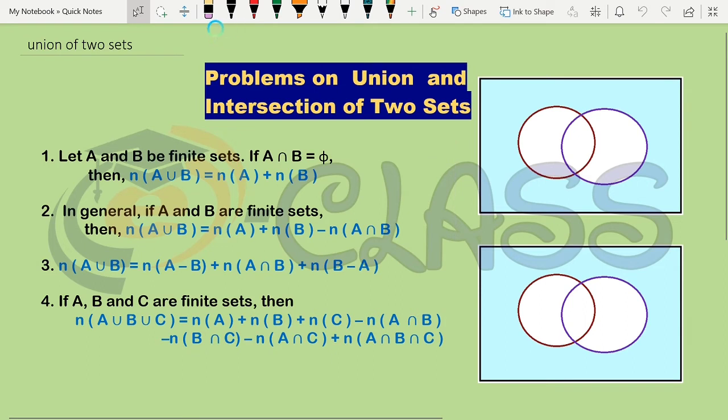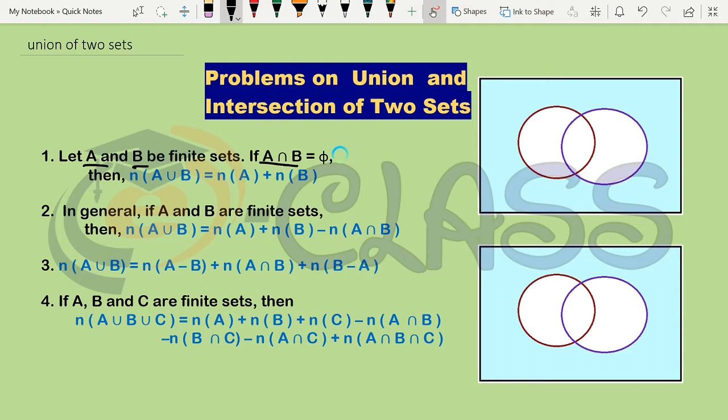So first of all, we discuss some laws of set. So the first law is: let A and B be finite sets, and A intersection B equals phi. So phi means empty set, so there is no common element